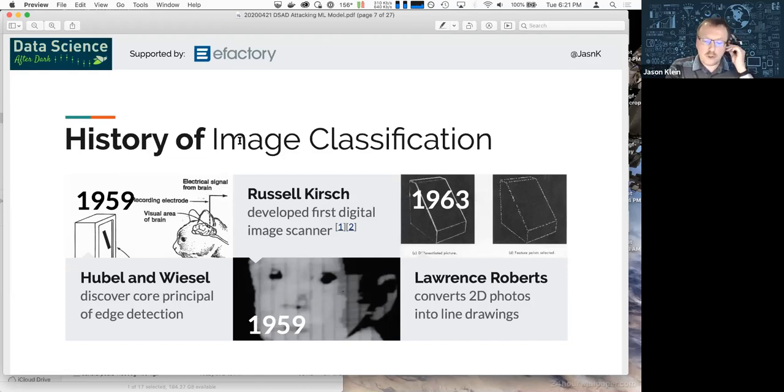And if you fast forward to where we are, essentially 60 years later, with machine learning and image classification, pretty much everything that is being done right now, the image models start with edge detection.